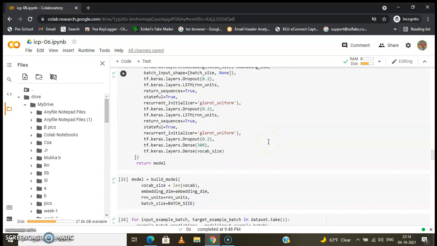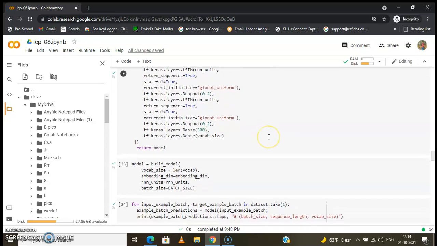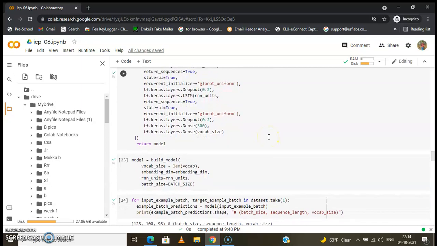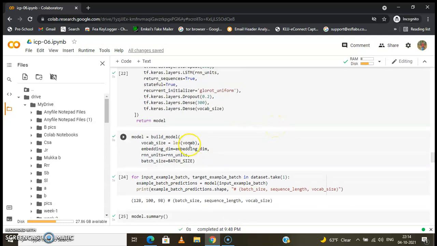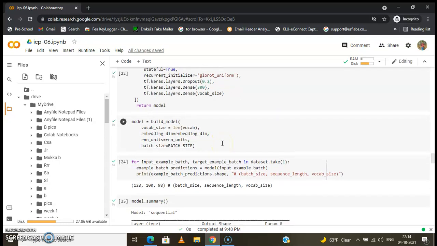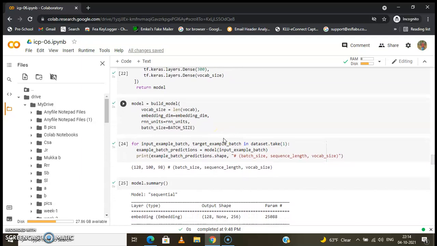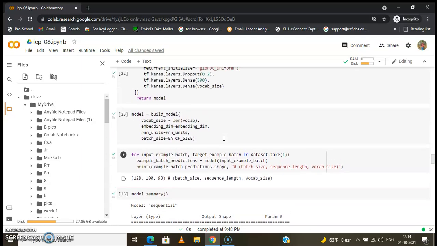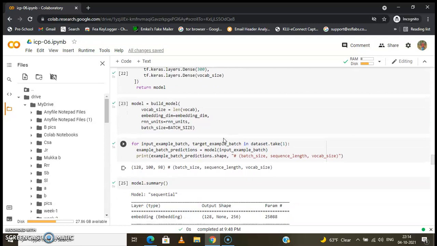In our model, first we have an embedding layer, for which we input the vocab size. As you can see here, it has a value of 98, then 256, and the batch size, which we defined above as 128.